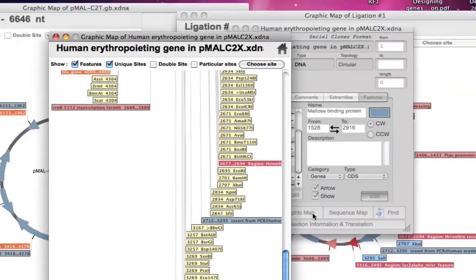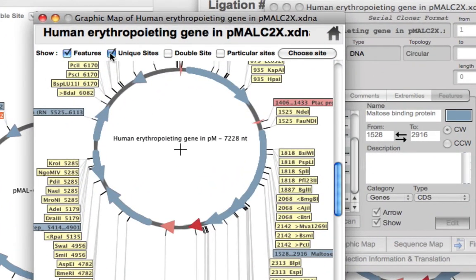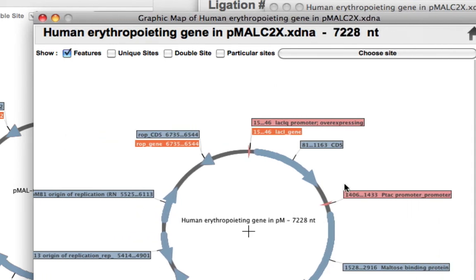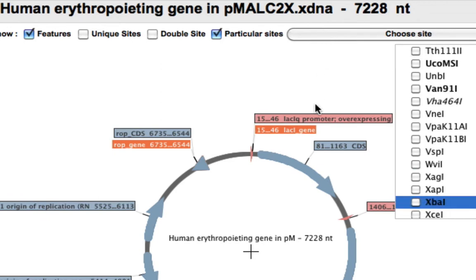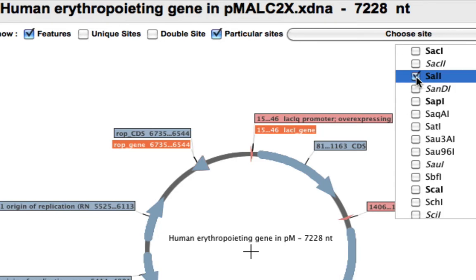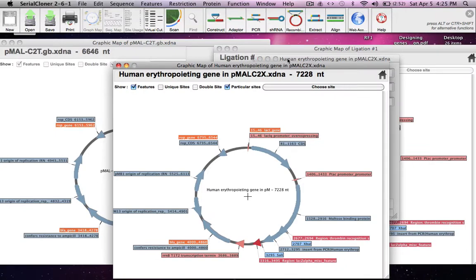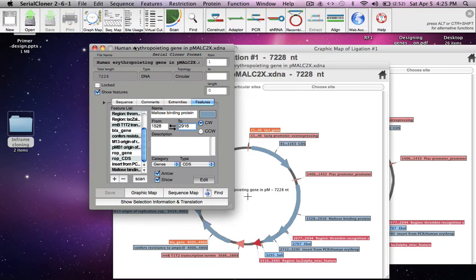Okay, so this is the graphic map, and here we can see that the maltose binding protein which was missing from our new vector has now reappeared. So this is the XbaI site, SalI site, and maltose binding protein now is reinstated, sort of.